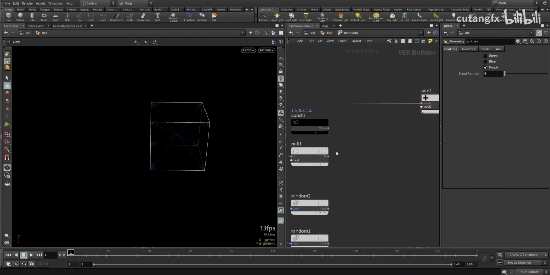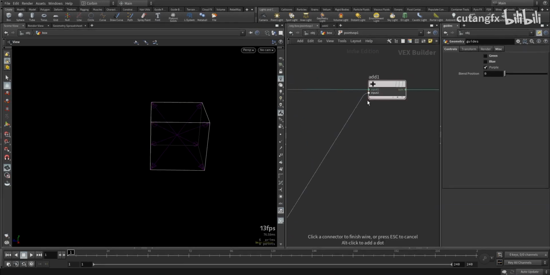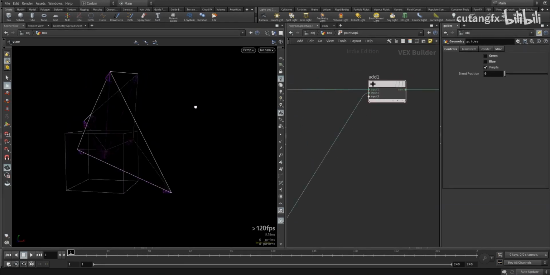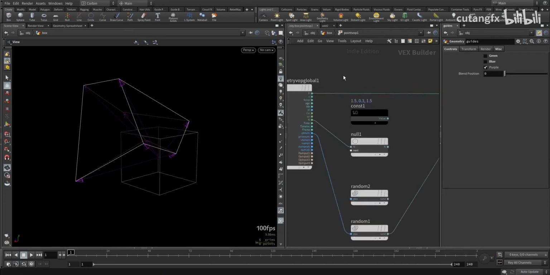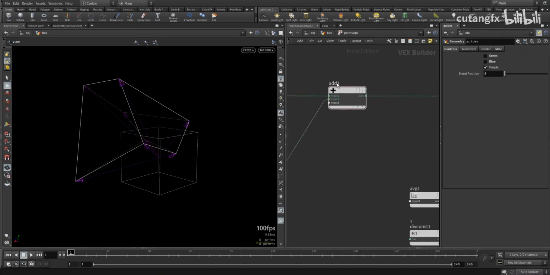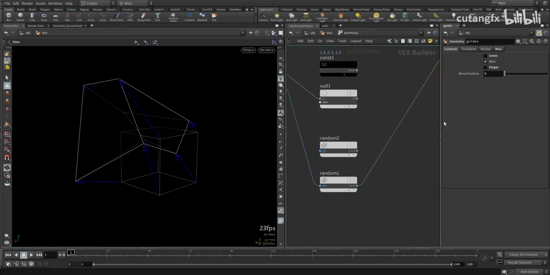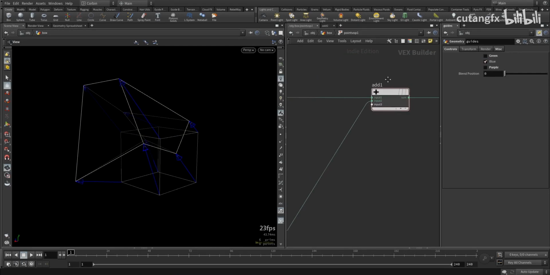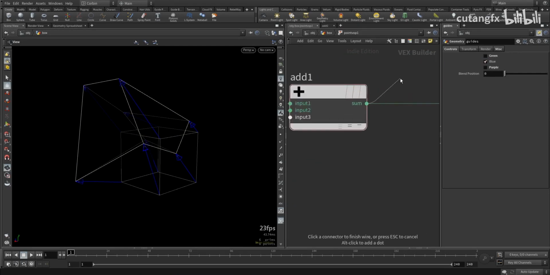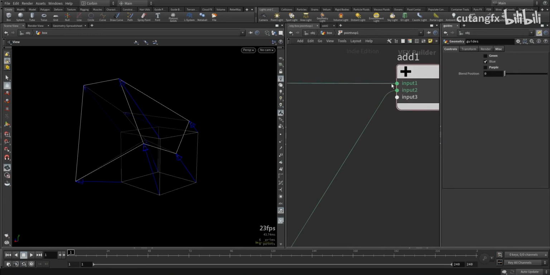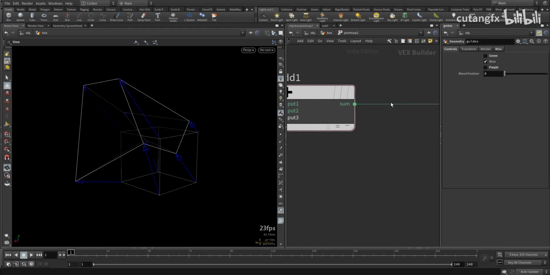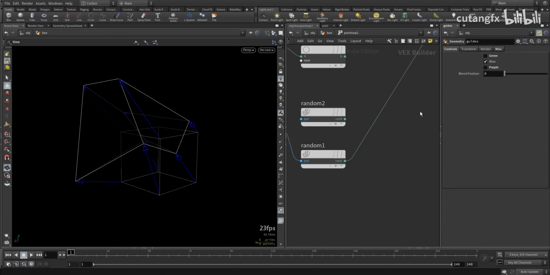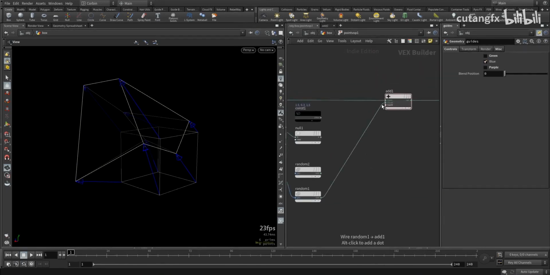So let's say we take our random position here. We've got our random position added on to our point position, which results in our new position. Now remember, our random value is not the purple. That's the result, what's coming out of here. This is the purple value. But this is green at the top, this is the green, and this at the bottom is the blue. We're adding them together, which gives us the purple value. So the blue one is what's here, and we add that with our green,